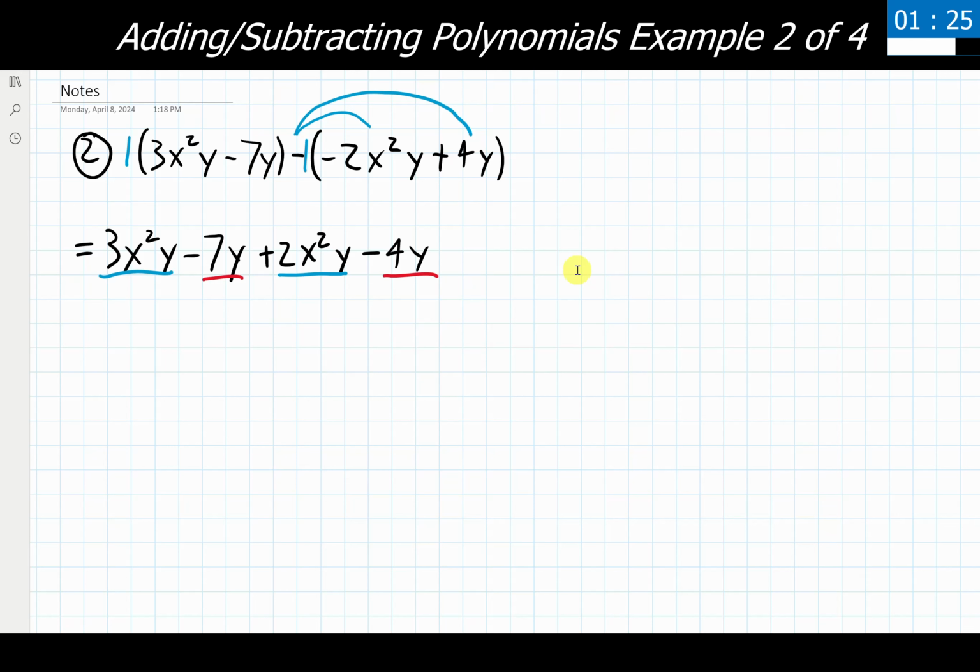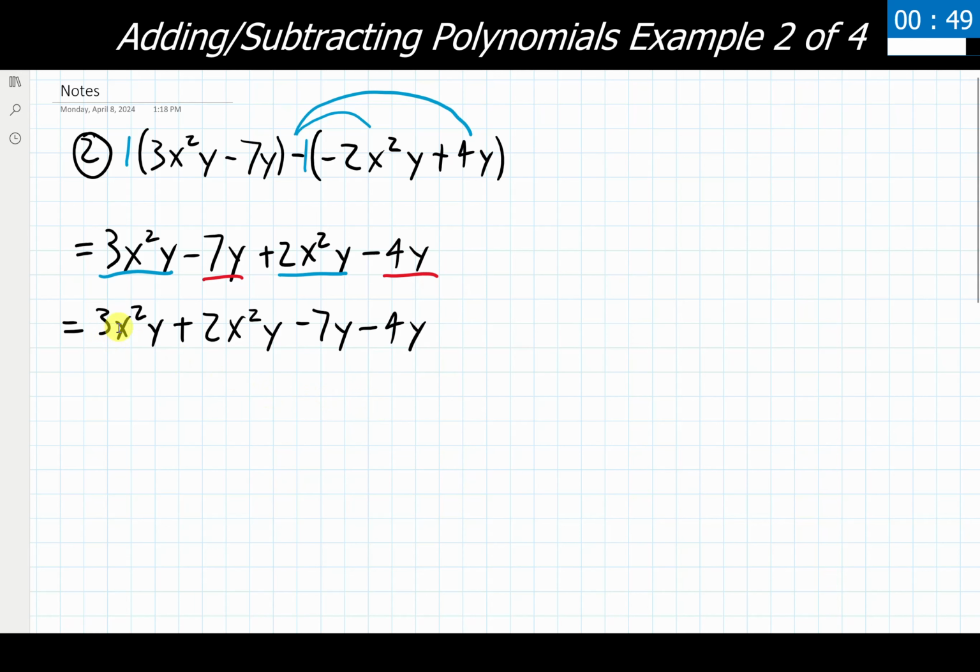So now we can take a step to rewrite these things, and we're going to put the like terms next to one another. Make sure that when you are doing this rewrite, the sign, whether it be addition or subtraction, in front of that term moves with it. So this 3x squared y is going to stay where it is. I'm going to add plus 2x squared y, because I have my two x squared y's next to one another. Make sure we've got that sign carrying down. And then I'm going to have minus 7y, and then minus 4y.